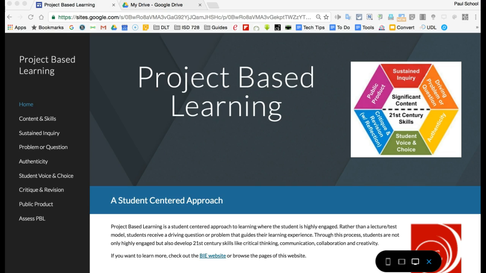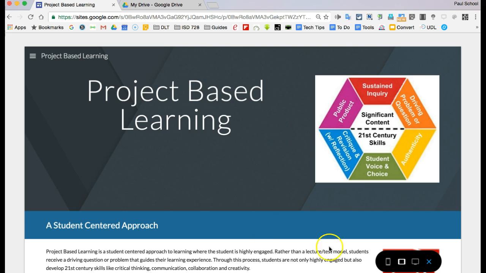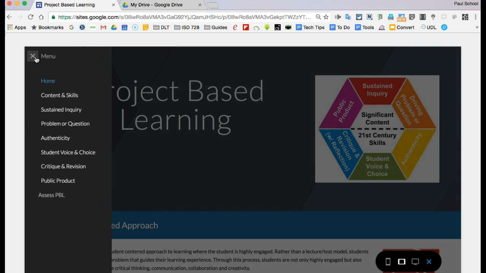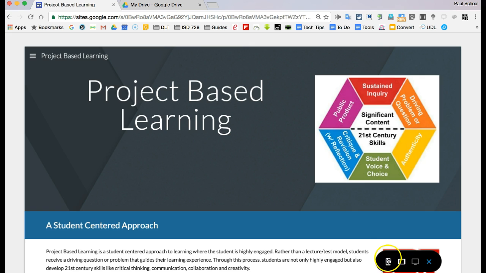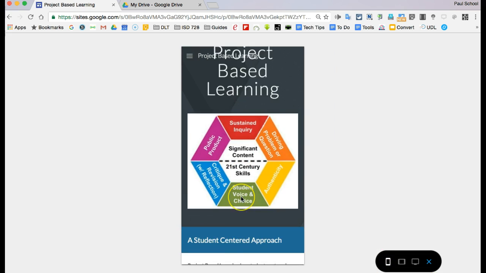Google has recently rolled out its new version of Sites, its web authoring platform. So the new Google Sites is responsive in that it reformats automatically to different devices. This is the desktop version. This would be the tablet version. Notice the navigating menu appears up in the top left, and then it is also mobile friendly for cell phone